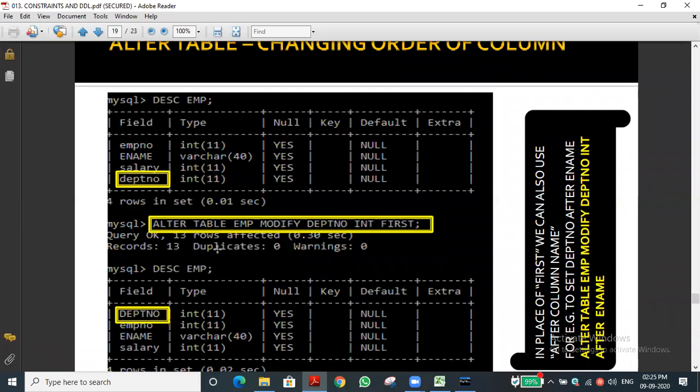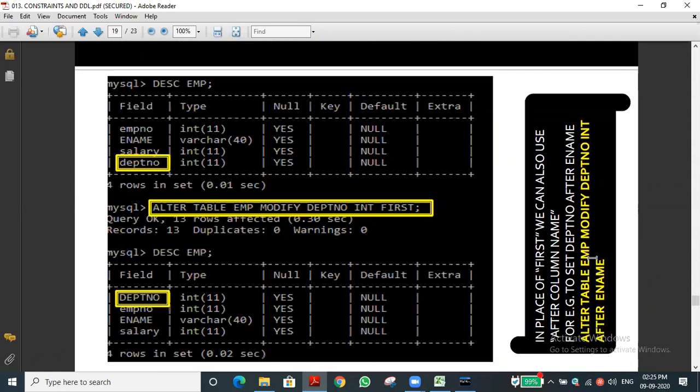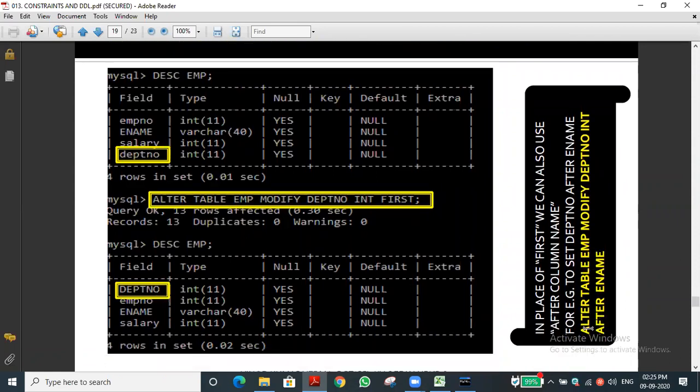The second thing, instead of first and second, I want to move a column. For example, if 10 columns are there, you can see this yellow color I'm highlighting on the right hand side corner. You can see the cursor: alter table name.